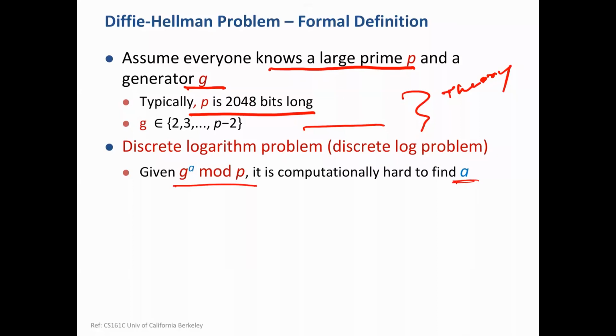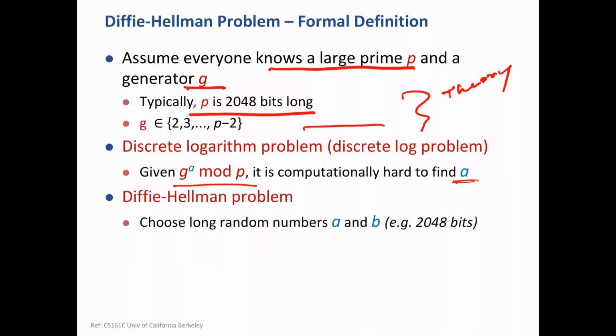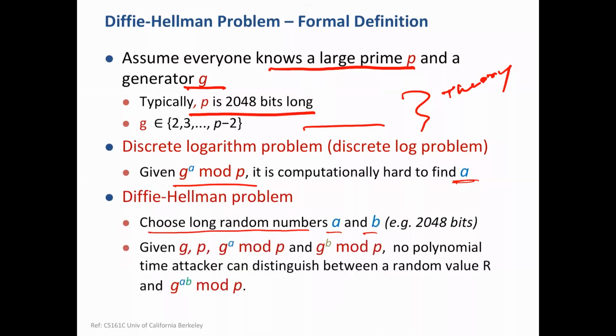Given this number, you cannot find out a. So the Diffie-Hellman problem says that you choose long random numbers a and b. Then of course you have to select g and p, which is public knowledge. So everyone in the world will know g, p, g raised to the power a mod p, and g raised to the power b mod p. Given that, Mallory and Eve or anybody else cannot find in polynomial time